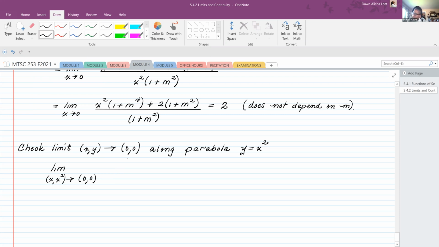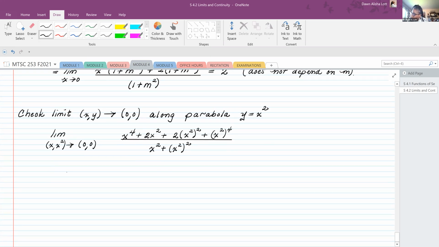So now I'm going to get x to the 4th plus 2x squared plus 2 times y, which is x squared, squared, plus y to the 4th, so that's x squared to the 4th power, divided by x squared plus x squared squared. So now this is the limit as x approaches 0. I have x to the 4th and another x to the 4th, so that gives me 3x to the 4th. So I have x to the 8th plus 3x to the 4th